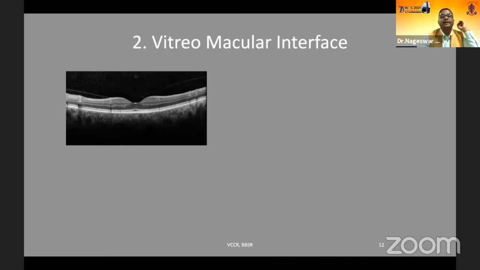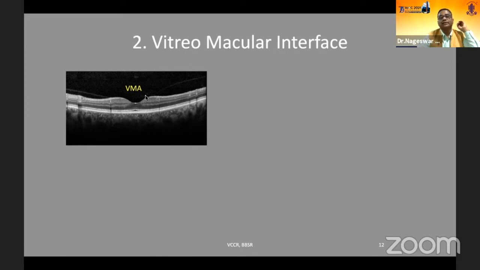And vitreomacular interface, as I said. Sometimes you will find this looks normal, and there is a change, but usually patients come with very good vision. There is an incomplete PVD, but there is a perifoveal attachment of the vitreous. Around a 3 millimeter zone of attachment, the vitreous will be attached without any change in the foveal architecture. That is called vitreomacular adhesion. Normally, you won't find any problem.